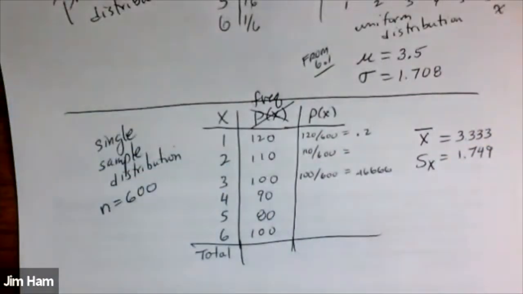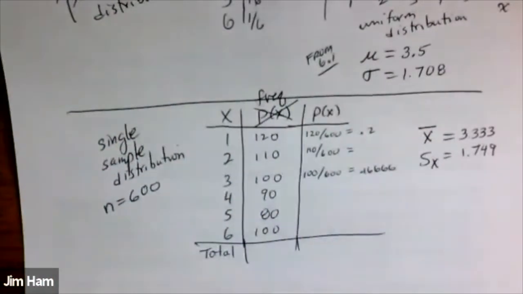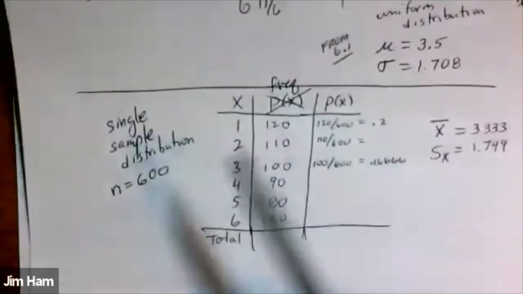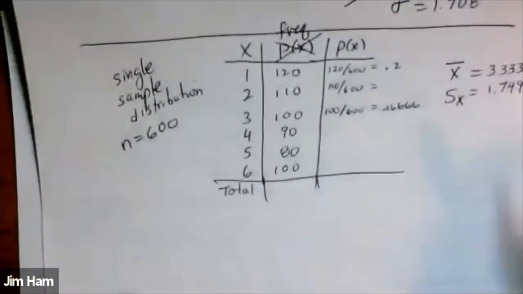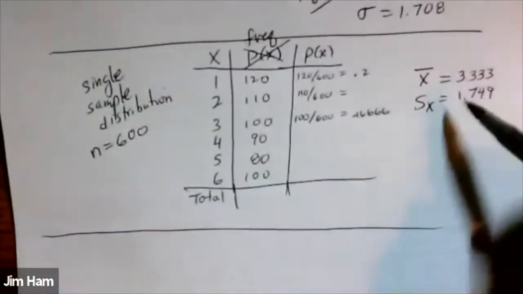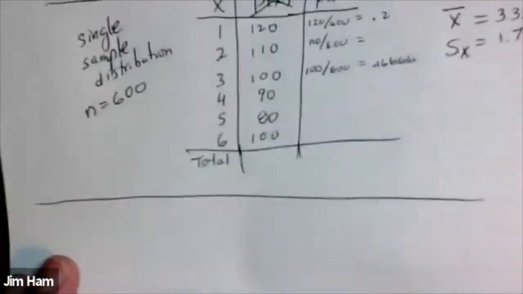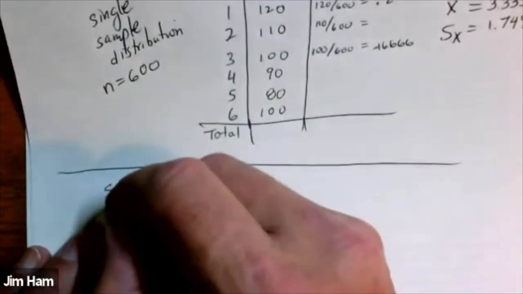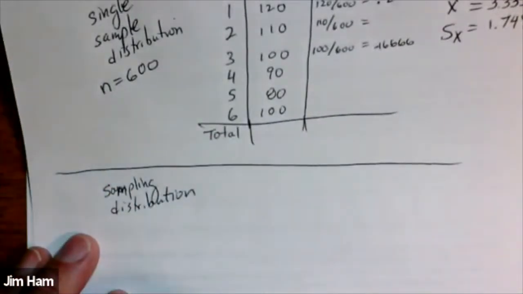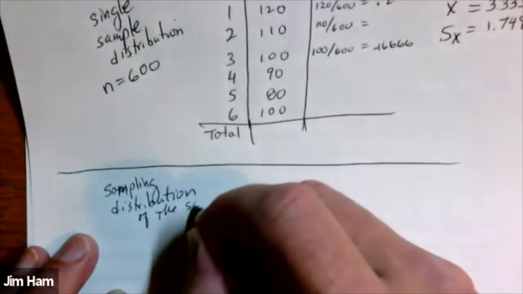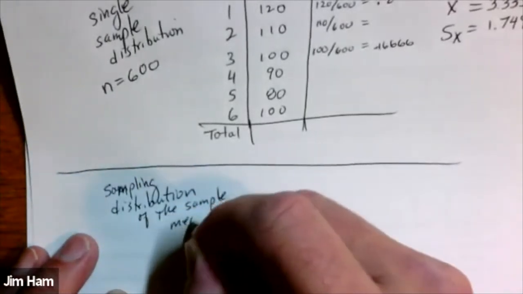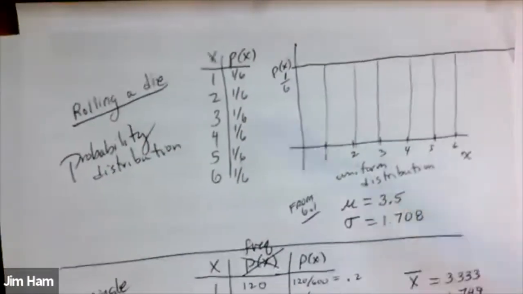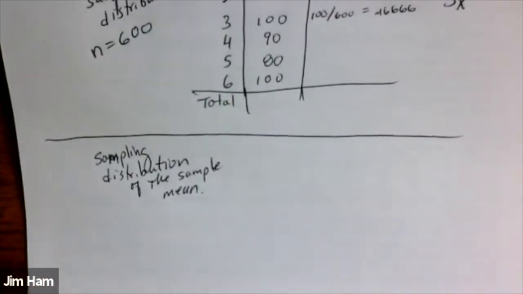All right, so we've studied these first two: a probability distribution of rolling a die, and then if we took a single sample and rolled the die. Now I want to give you the distribution that we're going to be looking at today. It's called the sampling distribution, and it's the sampling distribution of the sample mean. So this is a theoretical population model like the first one. And it turns out, and I'll explain this in a little more detail later on,